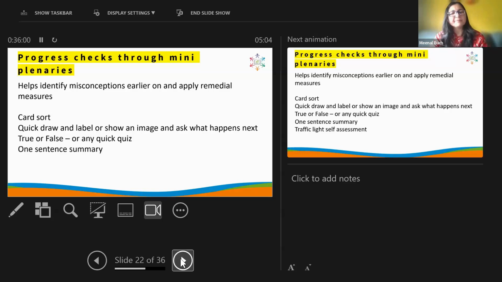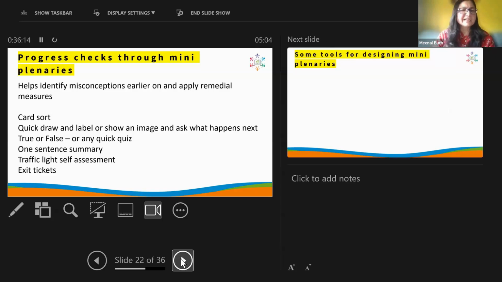One sentence summary, something quick but frequent, not like an end of topic test. In between, during the lesson, quick check. Have you got it? Okay. Yeah, traffic light. Exit tickets, I will be using this towards the end of this webinar, but